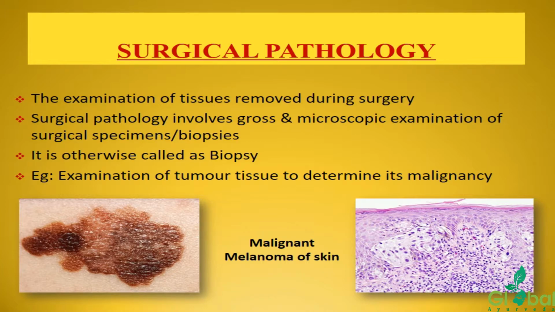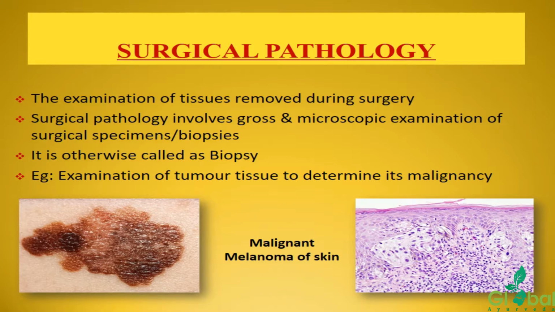So we remove a certain portion. It can be tissues, it can be the organ itself. Microscopically, first of all, we examine the tissues or cells under a microscope. Macroscopically also, we go for general observation. If an organ is excised or surgically removed from the body, we see under general observation, externally, what kind of anatomical changes happened. It is otherwise called biopsy. So one more name we can give here: biopsy studies.